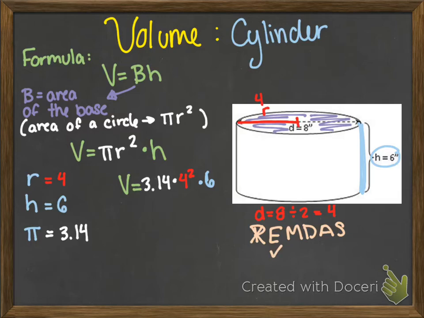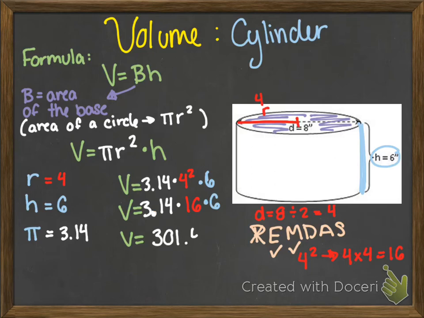So I'm going to rewrite everything. So volume equals 3.14, and then off to the side I'm going to do 4 squared, which is the same as doing 4 times 4, which is 16. And I'm going to plug that in where the r squared was, and then continue with times 6. Now, the next step in PEMDAS is to multiply. So we're going to multiply each one. You can multiply all these at the same exact time. It doesn't matter. You're going to end up with the same answer. So we're going to multiply 3.14 times 16 times 6, and that gives us